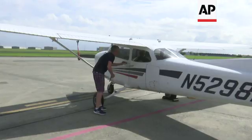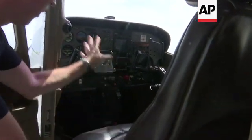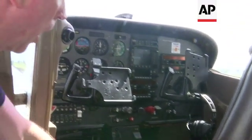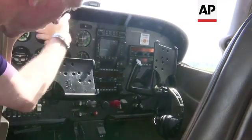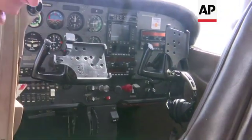Older aircraft tend to use much more mechanical controls, so they wouldn't be affected. Older aircraft also use an older electronic system, which is not vulnerable to these kinds of attacks that we described. You've got a graphical GPS system, but everything else here is running off the old style dial system. So the newer aircraft will have a digital panel, and all of these instruments will be in a digital format. Usually you'll have one screen, a little navigation screen there, and another screen simulating the instrumentation in a